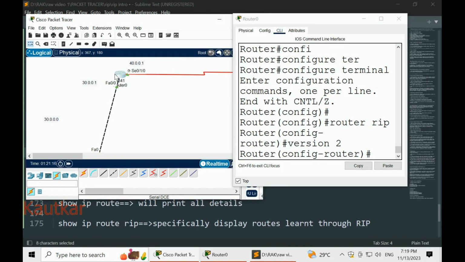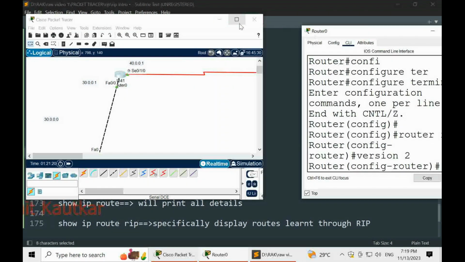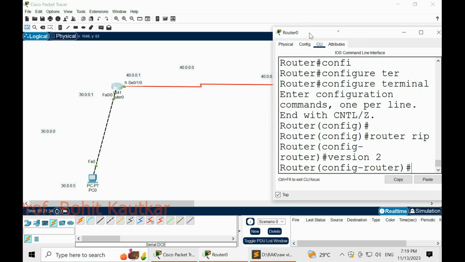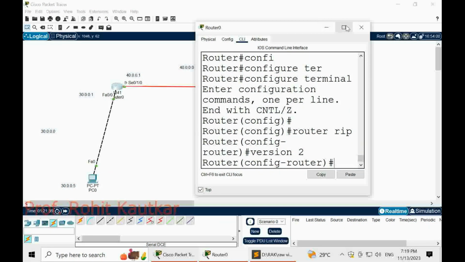So if you observe here, this router 1 is connected to two networks. First network is 30.0.0.0 and second network is 40.0.0.0. So we need to provide these two networks to this router so it can learn their available paths.